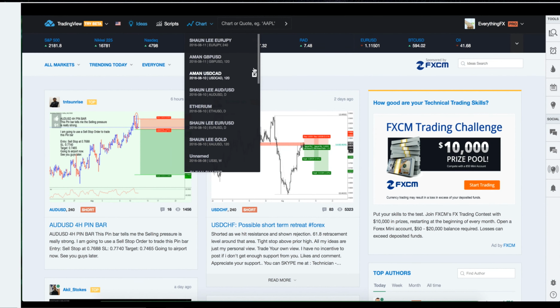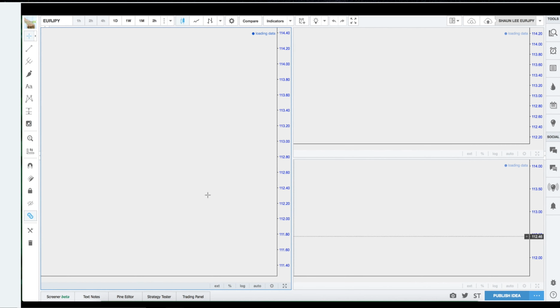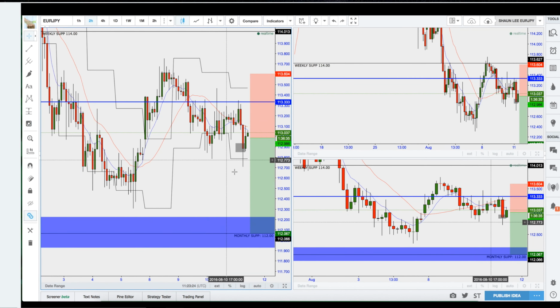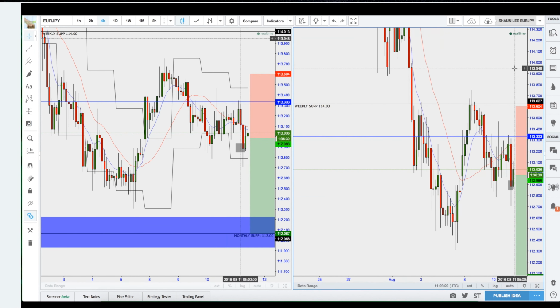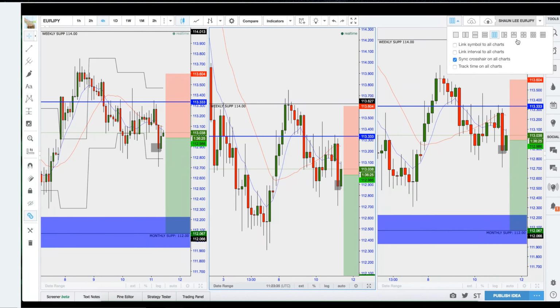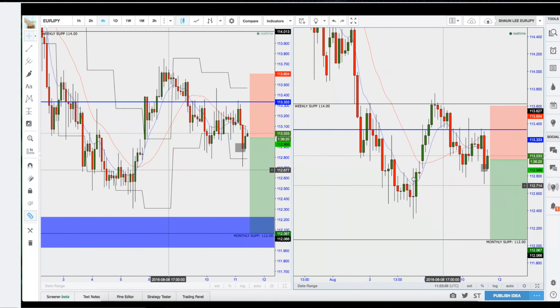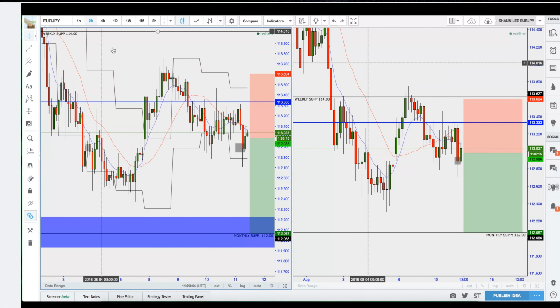So when we come onto this homepage, we can just go to, let's say, Euro JPY. Now, the setup I like is, well, I like different ones, but the one currently in front of us is the three screen setup. We can go to two screen setup if we really want to. Now with that, as you can see, I can move in and out of different setups. Some of them are very messy, some of them are not. So let me just go to the side-by-side setup as an example. Now over here, I'm on the 4-hour time frame. Over here, I'm on the 2-hour time frame.